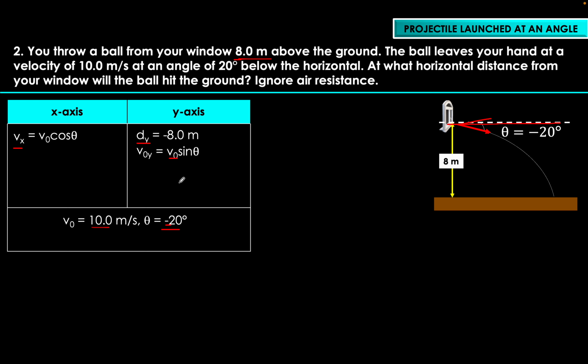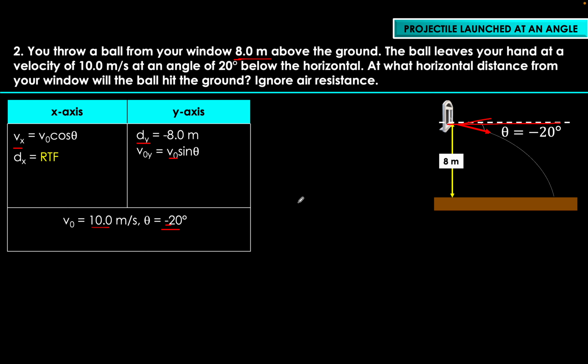What else you might be wondering, Miss, why are you not putting a naught or the sub-zero thing for x? Simply because v sub x is constant anyway, so I just want to use v sub x in here. But for v naught y, there's initial vertical velocity and there's also v sub y or final vertical velocity. So I want to distinguish the two, so there has to be a naught or zero, sub-zero for the initial